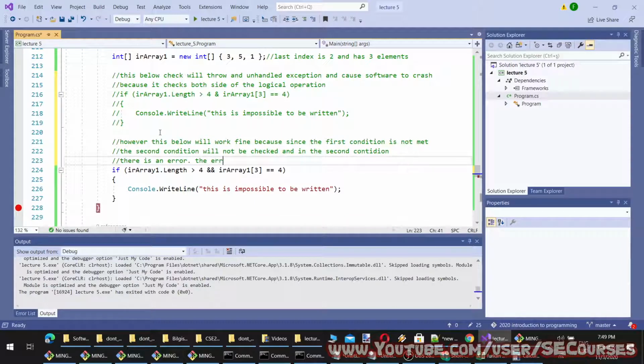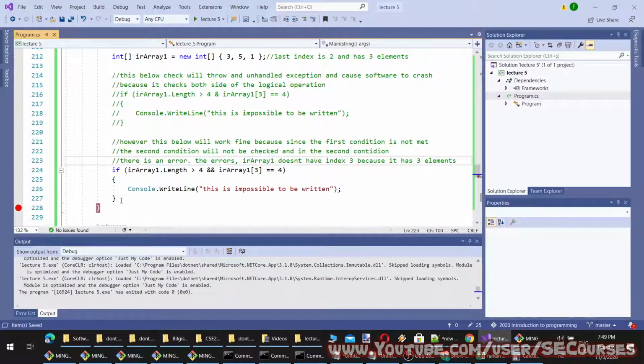The error is that array 1 doesn't have index 3 because it has 3 elements. So when you try to access an index of an array which does not exist, it will throw you an error.